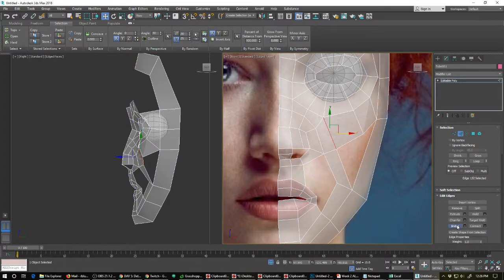Let's go into edge here. Let's bridge from here to here. Let's go in and grab these three and connect them. And then that gives me a bridge. I really should do a hotkey for this, but there's that. I don't like the way this is, so let's go here, grab that, connect that,